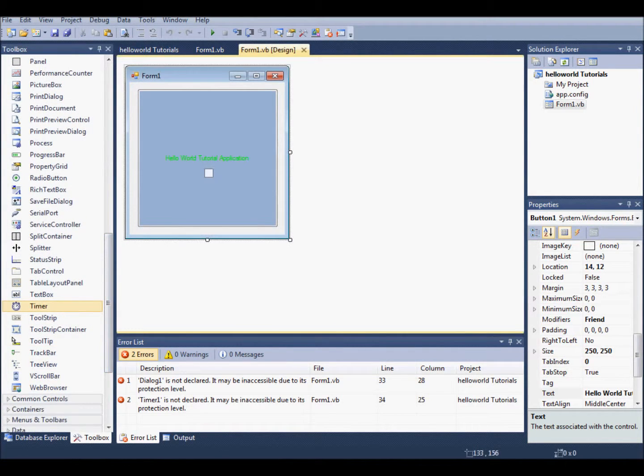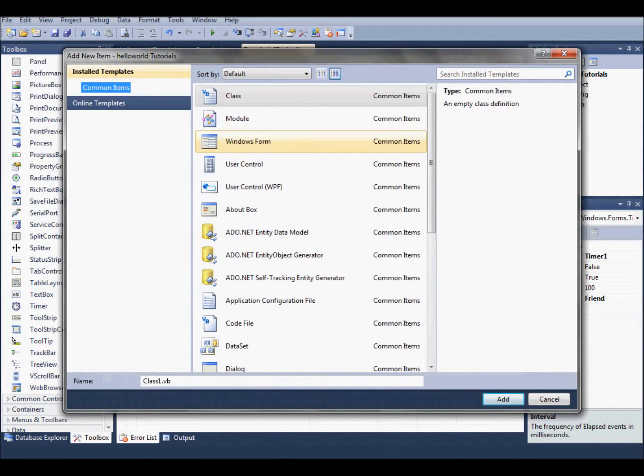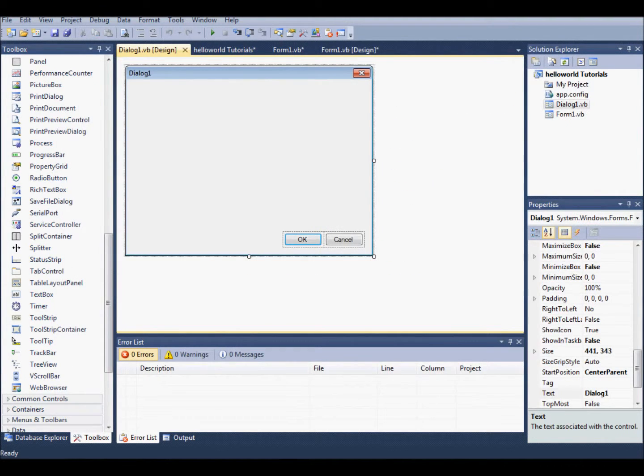So you're just going to scroll down, put in a timer, which comes up here, and click the Add New Item, Control-Shift-A, dialog box, dialog1.vb, add. Now, what you would write on this is